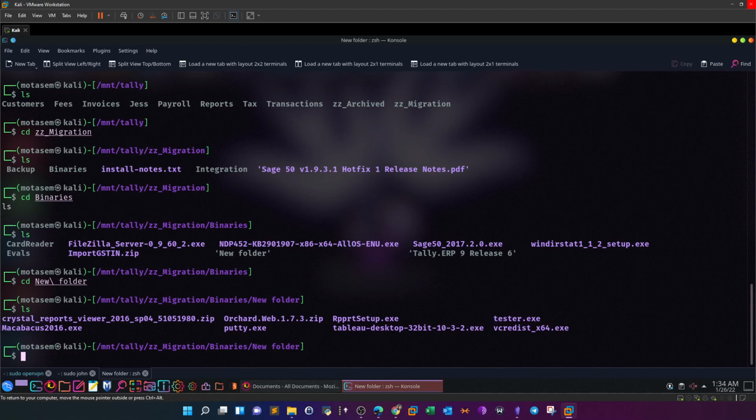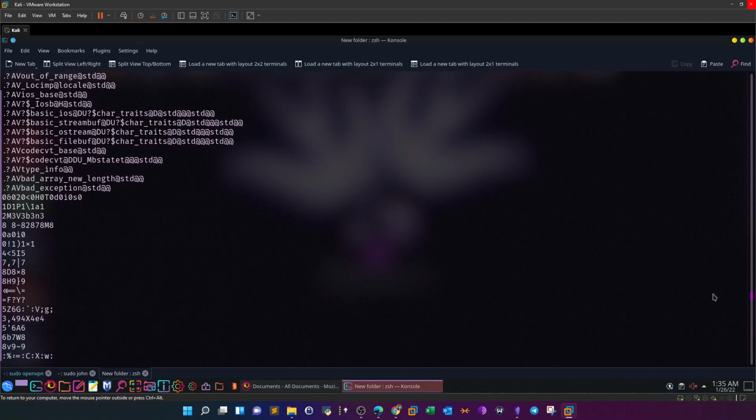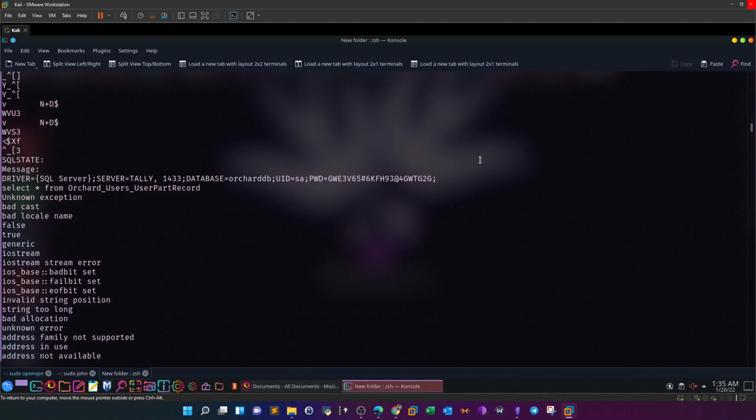If we run strings on tester, let's take a look at the strings. Scroll to the very top and see here. Scroll down, you will see this line, driver, SQL server Tally, and the database name and the UID, and here's the password. Now there you go, these are the credentials to log into the Microsoft SQL server. So we grab the password,